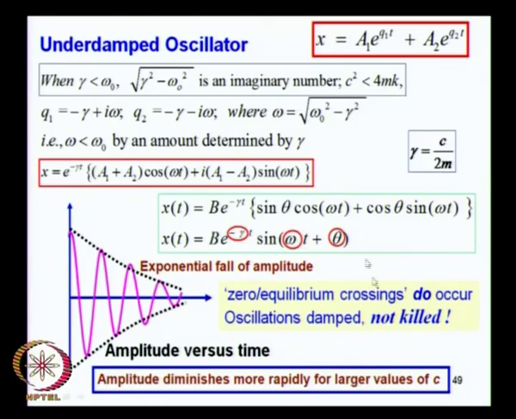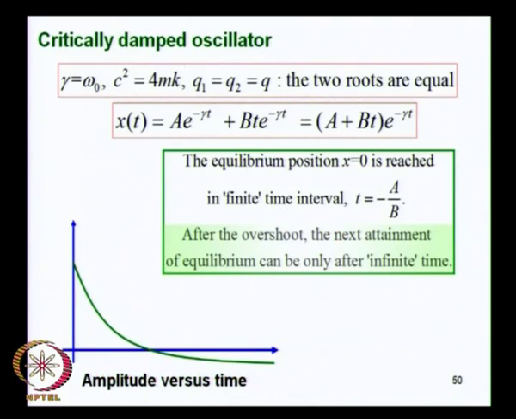Notice that there are these factors to keep track of. There is a damping coefficient over here, there is a frequency omega over here which is different from the natural frequency, which is reduced by the damping term, which is c over 2m. C over 2m is the ad hoc damping coefficient that we plugged into the equation of motion,